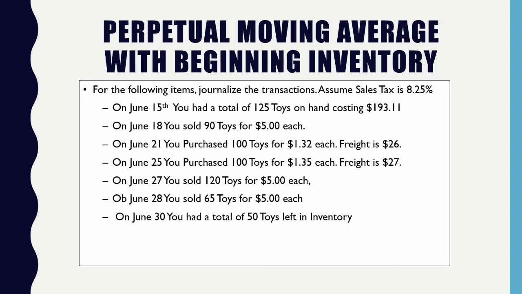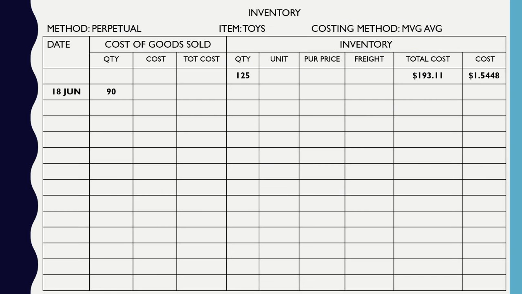I just have to carry what I had left over remaining because my ending balance becomes my beginning balance. And then I start out my inventory worksheet with that 125 units ready to sell. So that means on June 18, you end up selling 90 units. Well, there's only one batch I'm looking at, one batch only. So in this case, I take my 90, I multiply it by my average cost per item, which is going to be that 1.5448, and that's going to give me a total of